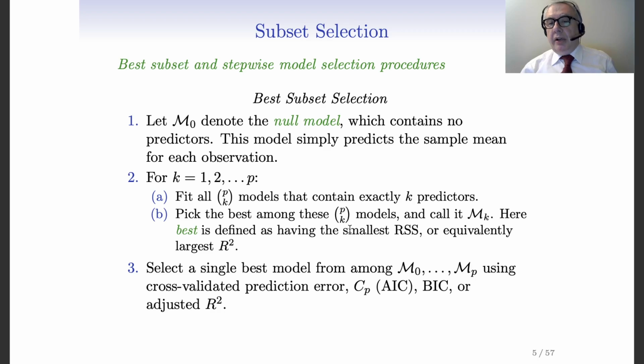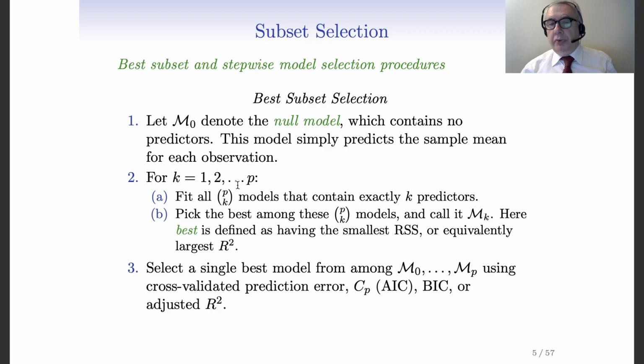So I will have the intercept, which is already there, and then the intercept and the first and the second predictor, the intercept and the first and the third predictor, the intercept and the first and the fourth predictor, but we also will have the second and the third predictor. So all the possible pairs of predictors plus the intercept. You fit all these models and you select again the one with the smallest RSS,